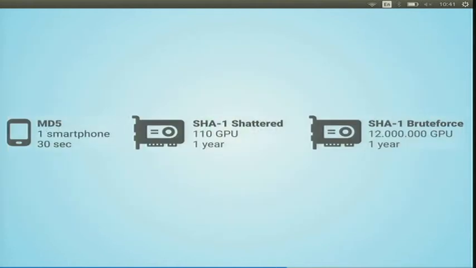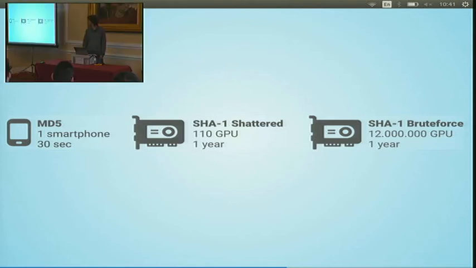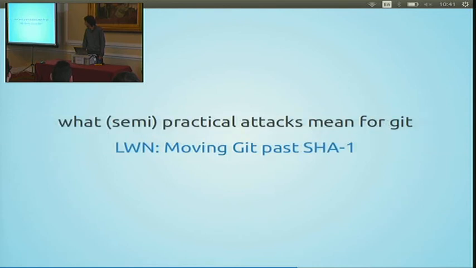So the practicalities of this collision attack: if you just try and brute force SHA-1, it takes an immense amount of computing power. With this somewhat practical attack, they did it with a lot of Google compute resources, so it's the sort of thing that a large company could now technically do. If they really wanted to produce two different files that had the same hash, they could do that.